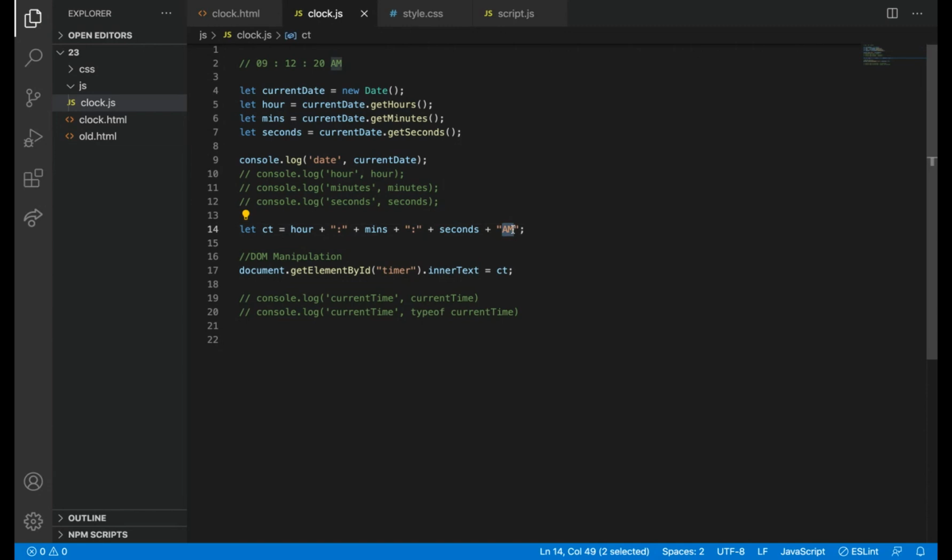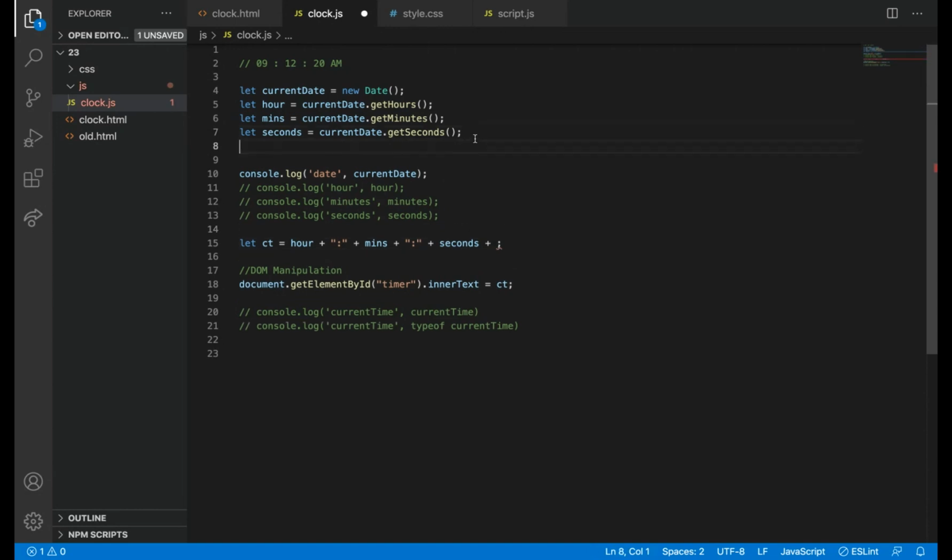We can change it, or else we can put this also in a variable, AM, PM. For now, AM is default. We have assigned AM as the default value. So, current time.